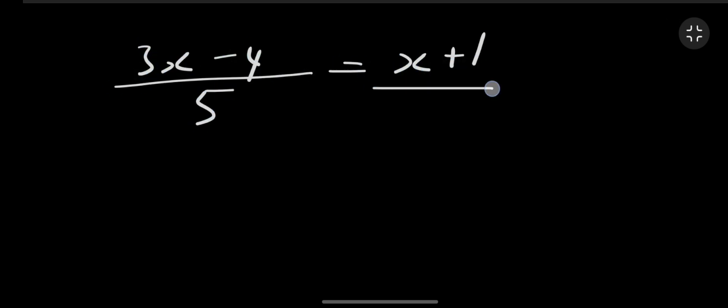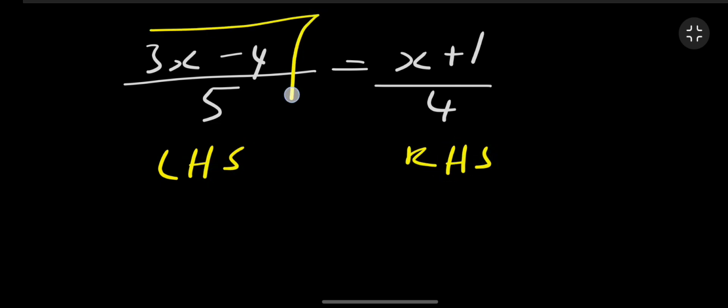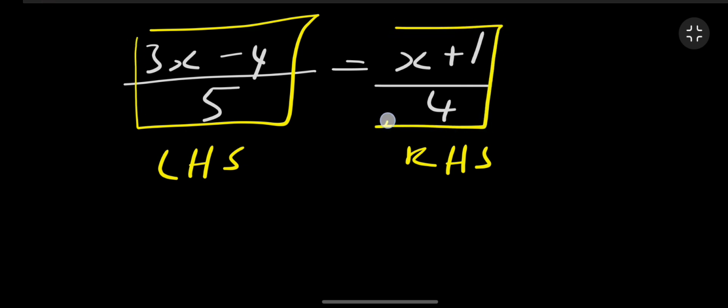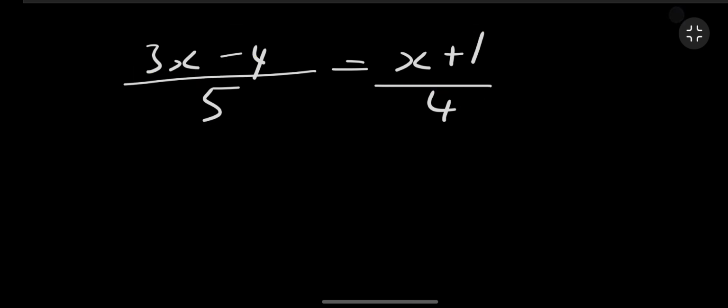So moving on to the next example, let's say we do have, in this case, for the left hand side a fraction, and for the right hand side we also do have a fraction. So in this part we are simply going to do cross multiplication. So 3x minus 4 is going to be multiplied by 4, and 5 is going to be multiplied by x plus 1. So now writing that down, we're going to end up having 4 multiplying 3x minus 4,